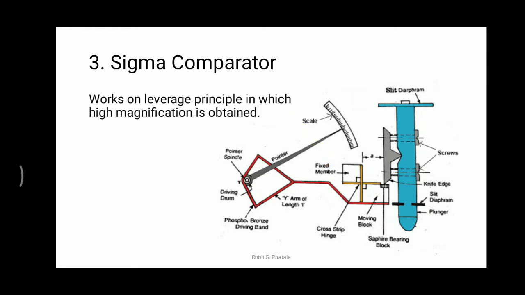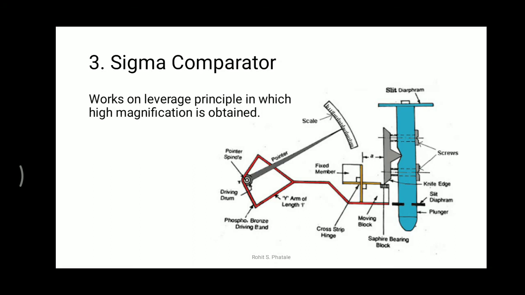So a very small surface finish or very small change in dimension can be recorded with the help of these comparators. A change of 1 or 2 microns can be traced by this plunger, and that 1 or 2 of dimension change can be recorded on this measuring scale with the help of the pointer. Basically, comparators are used to magnify the errors.